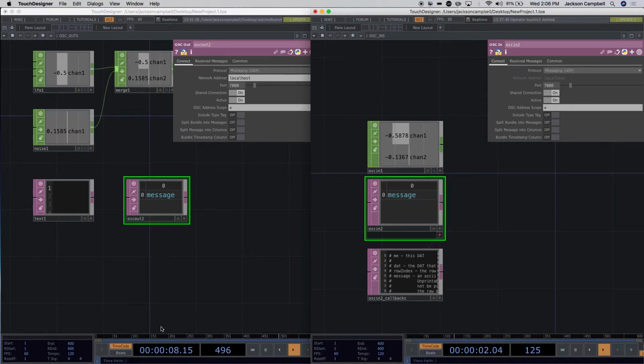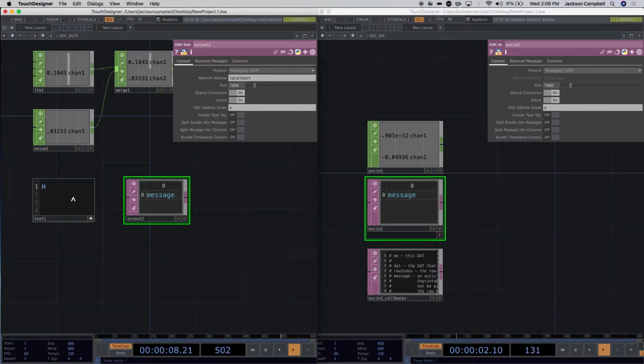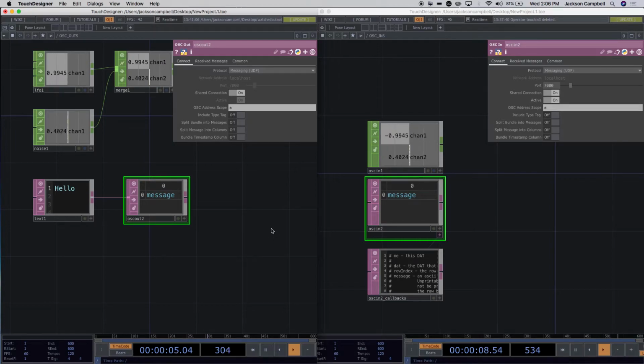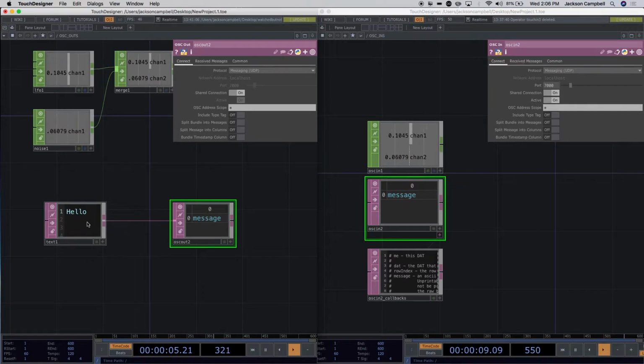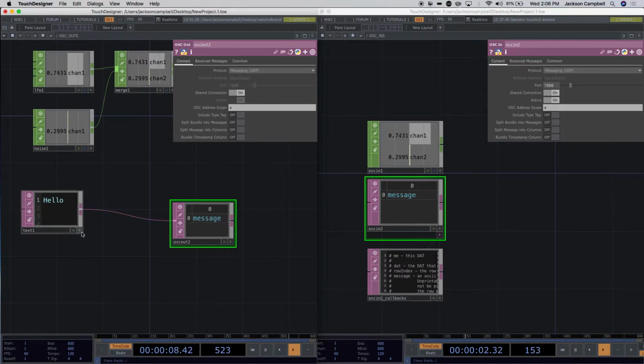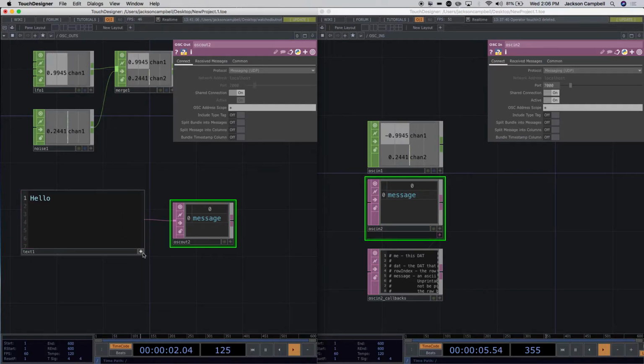All right, so we're trying to send text through OSC and receive it over here. And if I try to put text here, hello, and I tried to connect that to the OSC out, it doesn't do anything. Like nothing comes in on the OSC in, right? So like I said, the reason why is that you have to use this send OSC command in Python to make this work. So instead of putting text here, we're going to write a simple script for sending OSC. Okay, so make your viewer active, get rid of any text that you put in there,